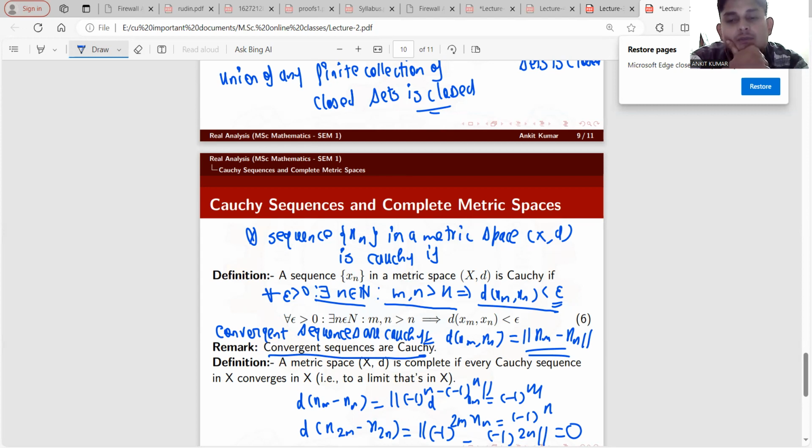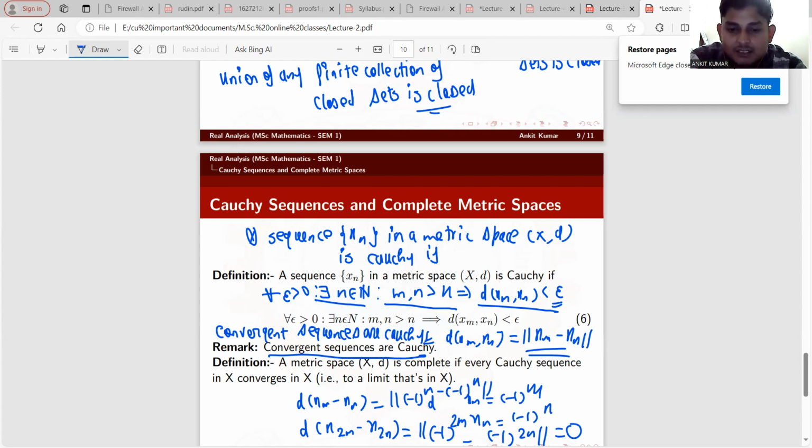जितनी भी कन्वर्जेंट सीक्वेंस होंगी वो कॉची होंगी, लेकिन कॉची कन्वर्जेंट हो ये जरूरी नहीं, क्योंकि कॉची का जो क्राइटेरिया है वो कन्वर्जेंट सीक्वेंसेस का एक पार्टिकुलर केस है, जनरल केस तो है नहीं। जनरल केस तो पार्टिकुलर केस में आ ही जाएगा, लेकिन पार्टिकुलर केस जनरल केस कभी नहीं बन पाएगा। तो बस इतना याद रखिए, कन्वर्जेंट सीक्वेंस कॉची है, लेकिन कॉची सीक्वेंस कन्वर्जेंट हो ये जरूरी नहीं, ऑलवेज नहीं होगी।